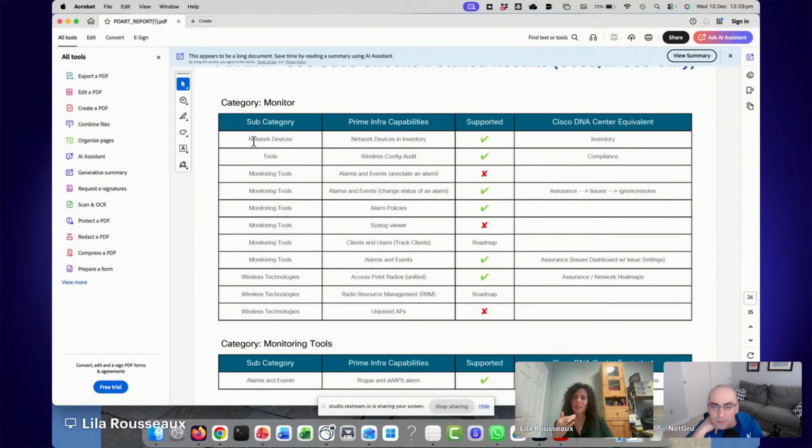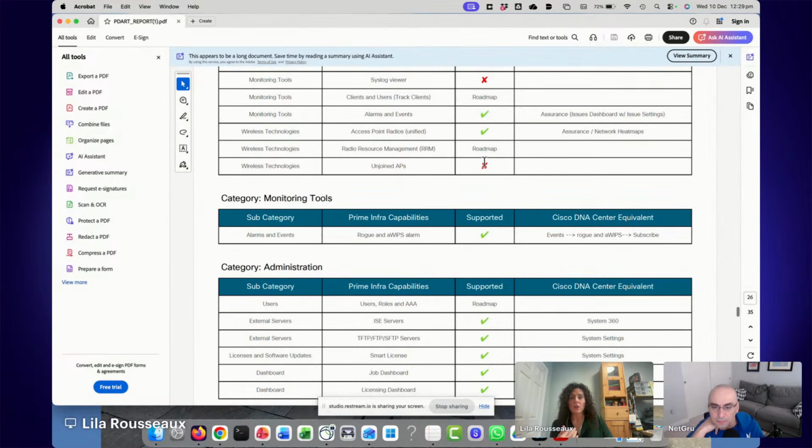It gives you a list of what features you're currently using in Prime. It tells you whether or not that feature is supported in that version of Catalyst Center and what is the equivalent in the Catalyst Center world. So you can find things. Also, if there are things that